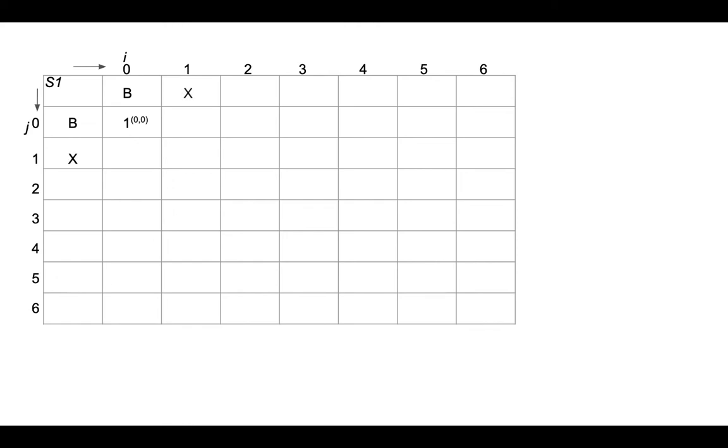Again, we check X with X of another sliding window. Both of the characters are equal, so we fill 1. Likewise, in the first iteration all the diagonal elements would be 1. In the second iteration the window size would be 2. Let's see how we compare the characters in this iteration, and keep one thing in mind: we are not supposed to use the logic which we use from the third iteration onward. Let's check whether B is equal to X.